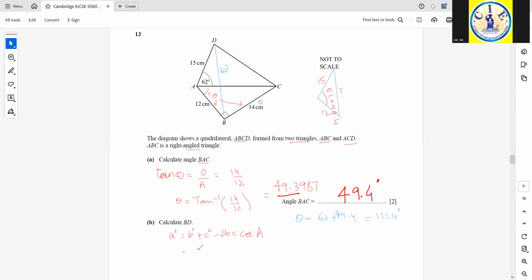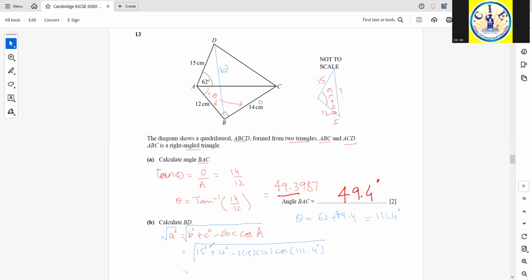So 15 squared plus 12 squared minus 2 times 15 times 12 times cos of this angle 111.4, and then I need to take its square root to calculate the side. So to calculate this, the answer from the calculator is going to give us the length of the side BD,